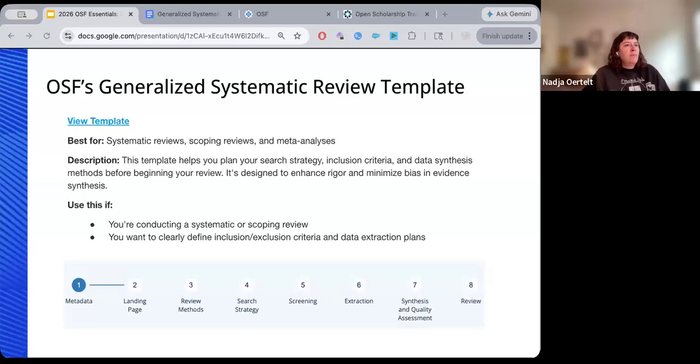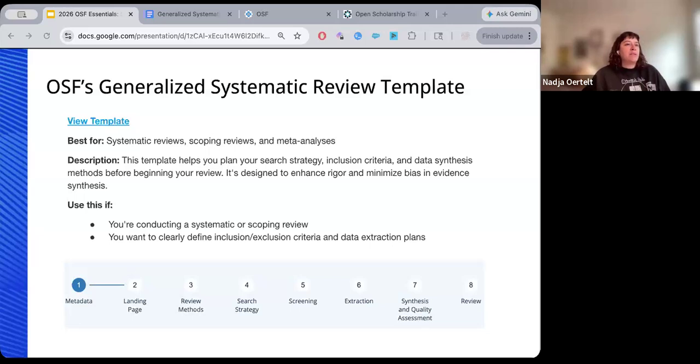As I said before, the generalized systematic review template includes a lot of examples, and it's designed to be used by researchers across disciplines. So some of the examples are probably going to be more relevant for you. Some will not be at all. Also, some of the fields may or may not be relevant for you. They're supposed to give you a sense of the level of specificity that's expected in the answers to those questions.